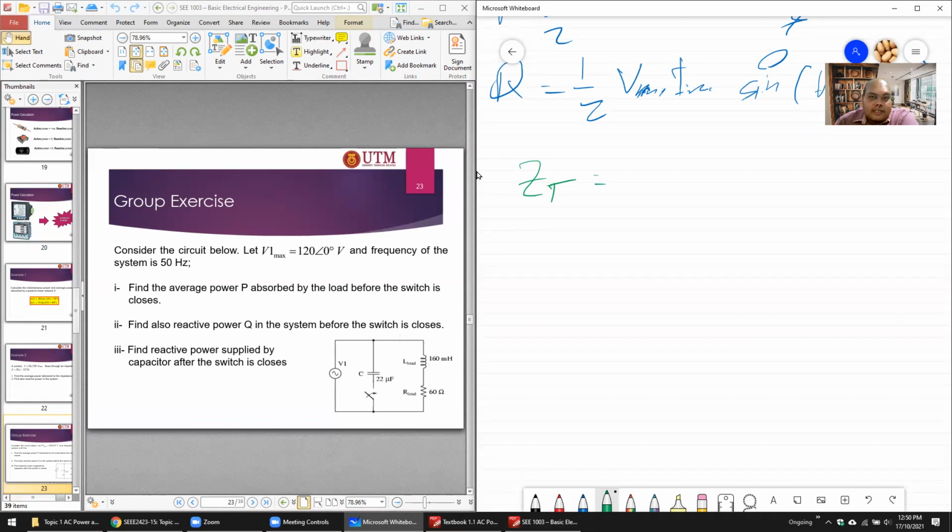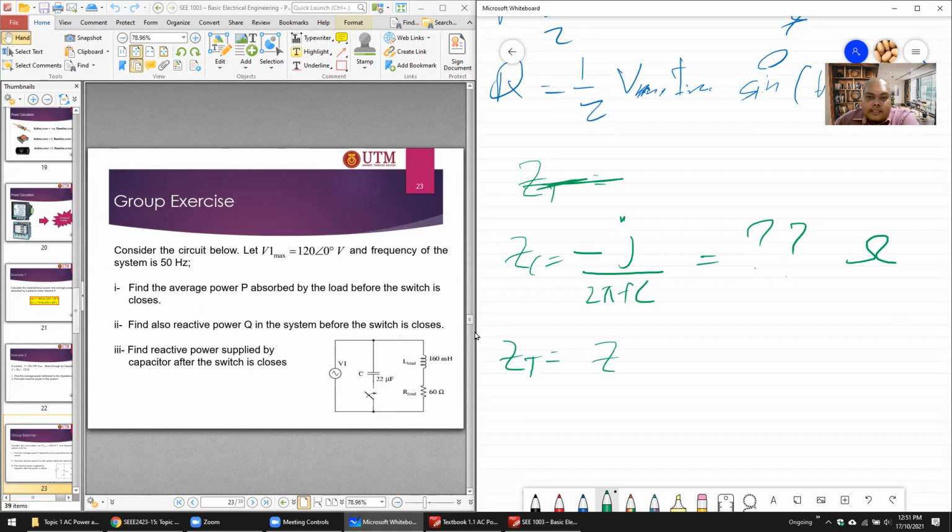Of course, it is parallel. Okay, you can calculate the ZC first. ZC is equal to negative j divided by 2 pi FC, in ohms. And then after you get ZC, you calculate ZT, which is equal to ZC in parallel with